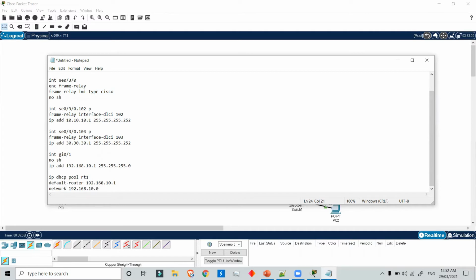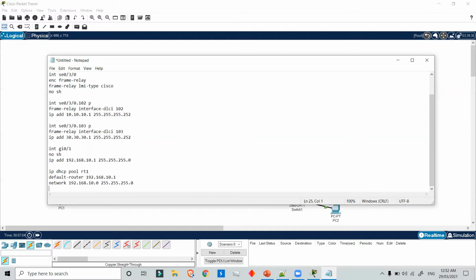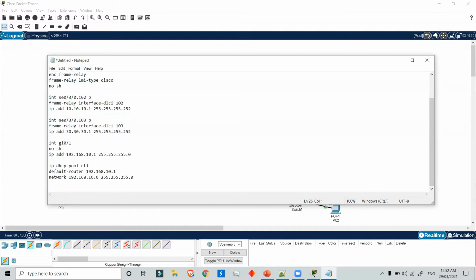So the network is 192.168.10.0. Then we will add the excluded DHCP addresses.